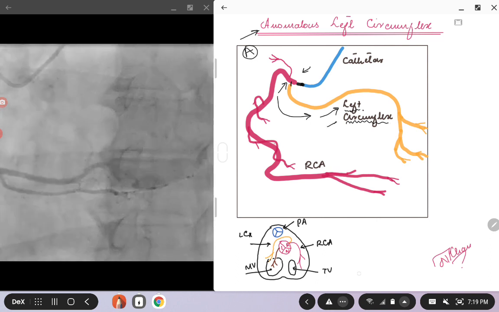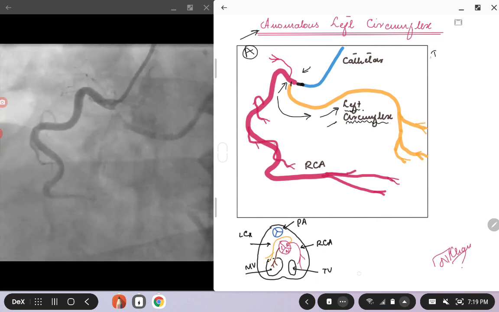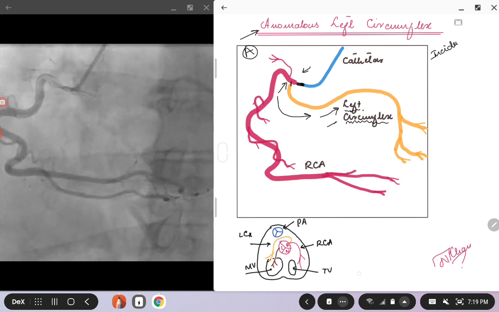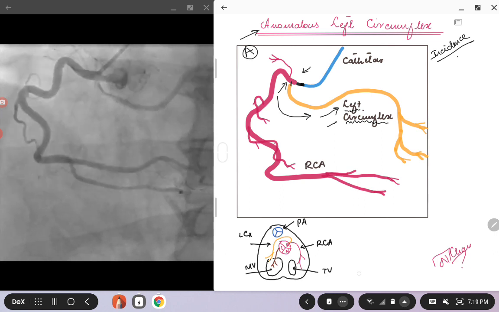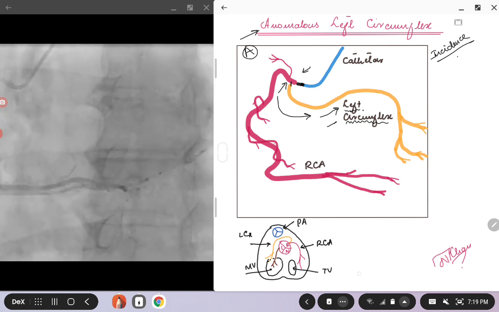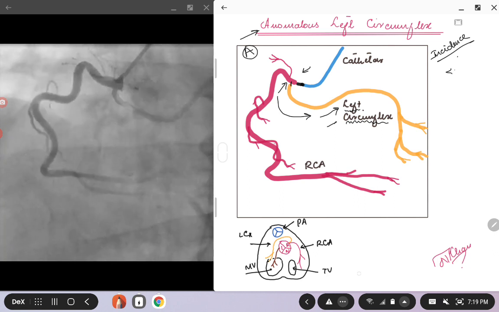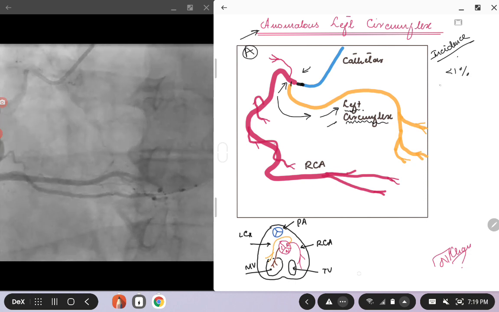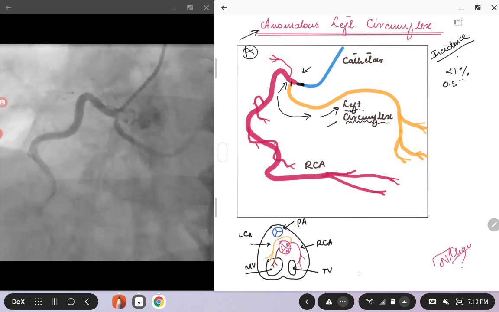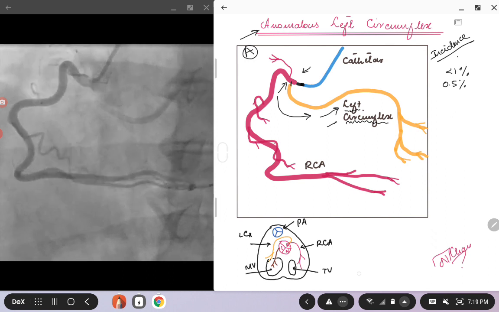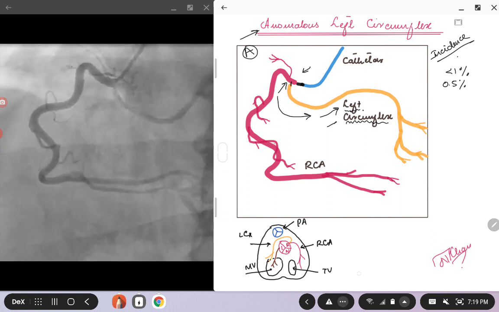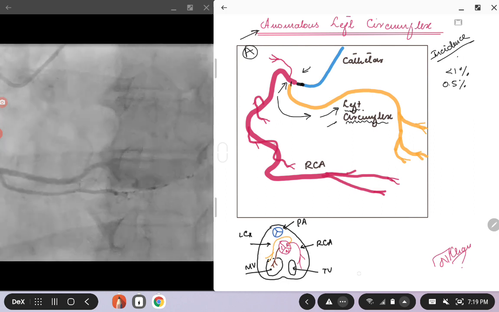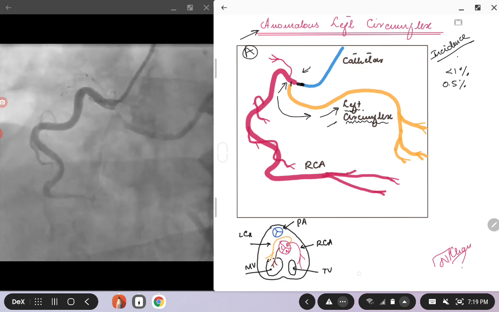So first we come to the incidence of this anomaly. By far, as I said, it's the second most common anomaly, but the incidence is very low, less than 1%. Some literature says about 0.5%, but nevertheless, once in a while you will come across a patient that will have an anomalous takeoff of the